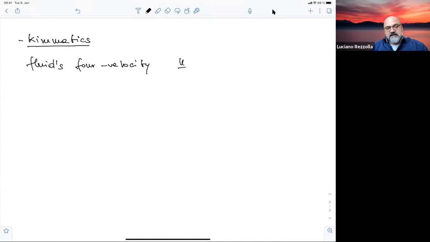This is a rank 1 tensor, and I normally indicate tensors with a little bar under them. If I want to write the components of this tensor, this would be just given by the variations of the coordinate of a fluid element along a given direction as a function of the proper time, where tau is the proper time,